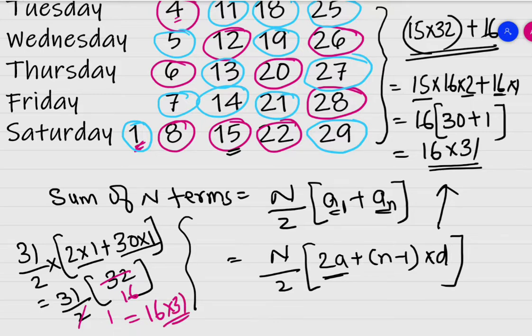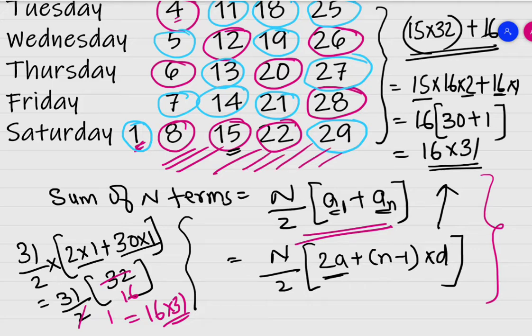So that's why, children, we have a formula which is derived in this way, using this particular idea that I have just shown you, to find the sum of n terms. Now the sum of n terms is nothing but n by 2 multiplied by first term plus last term. Wherever you get the last term, there is no need to go for the other formula.